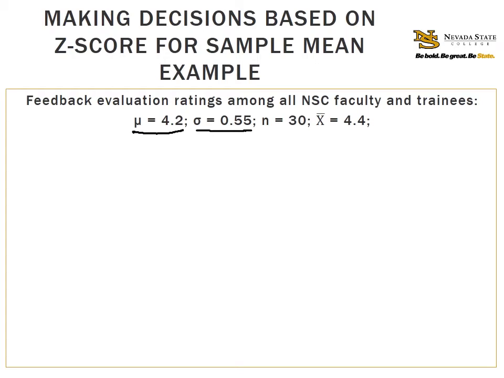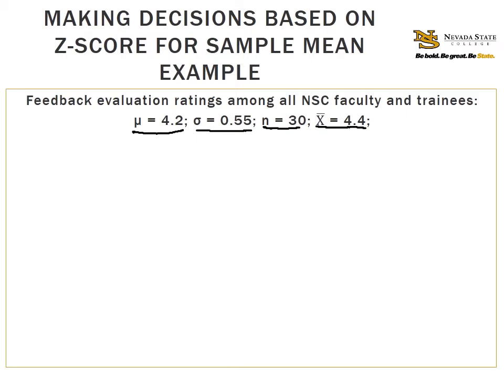Now we've got our sample of 30 trainees, and we find that they have a mean feedback evaluation rating of 4.4. So at this point, we're feeling encouraged, right? We're like, oh, cool. Their rating was higher, right? The trainees had a better rating, but we don't know if that's meaningfully better until we compare that 0.2 point difference to the difference we'd expect to see even if the training didn't work and differences were just due to chance. Or in other words, we have to compare this 0.2 point difference between the population and the sample mean